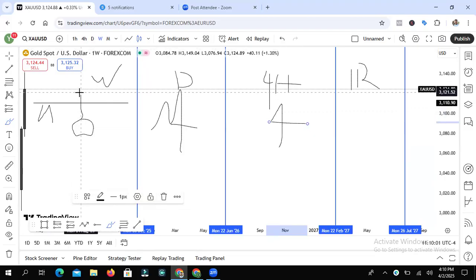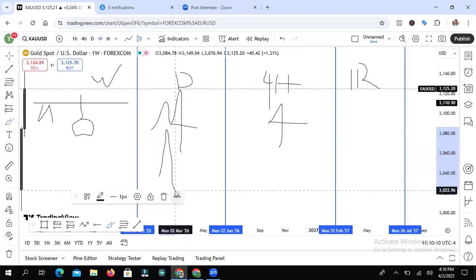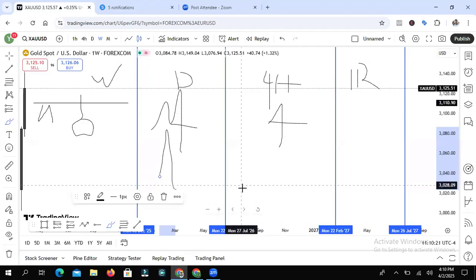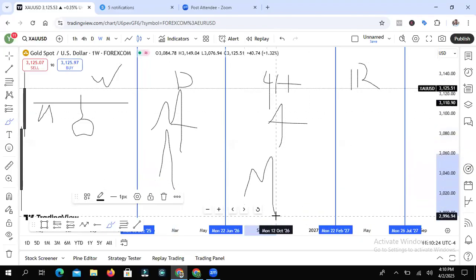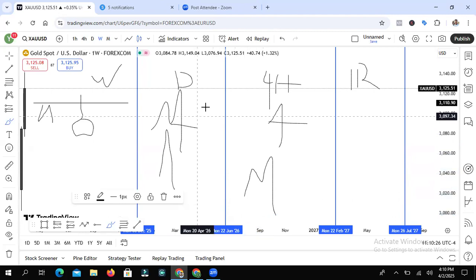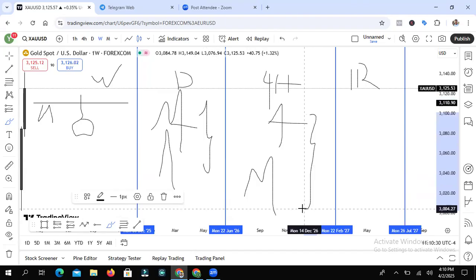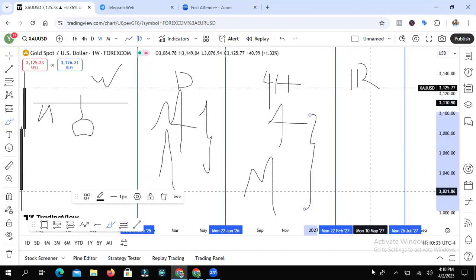So if you see a rejection of a key level on the weekly and it doesn't give you a QMR, the next thing you want to see is a breakout. It will give you one of these two. If you don't get a QMR, that is liquidity sweep and break of structure, you want to see a breakout to the downside. With this breakout to the downside on the daily, by the time you move one time frame lower to the 4 hour, you get a liquidity sweep and a break of structure. It is still basically the same thing. These two still basically work the same. And then you use your 1 hour time frame to look for entry.